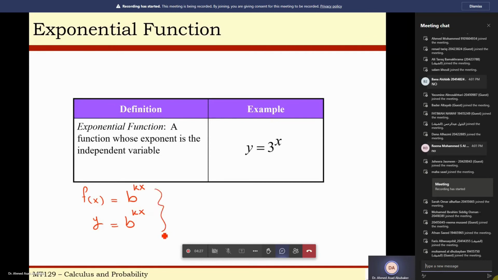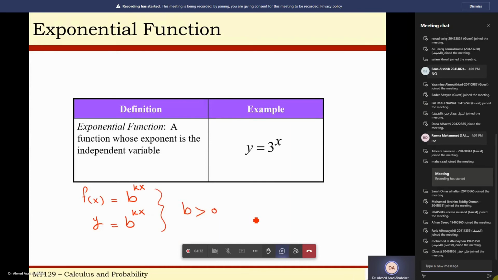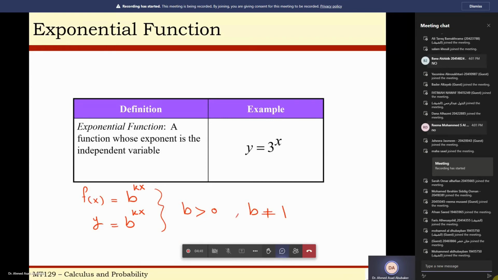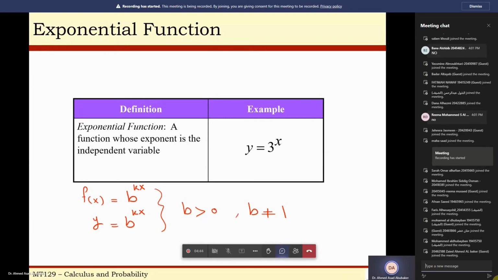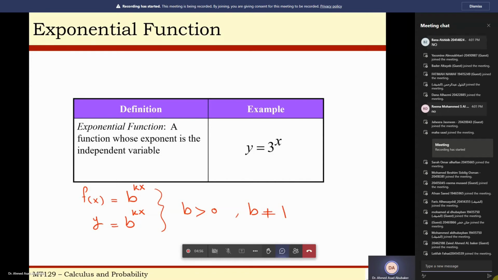Here, b must be greater than 0. Also, b must not equal 1, because 1 to any power kx equals 1. So this is a constant function, not an exponential function. And b must be positive, because if we have a negative base and a fractional power with an even denominator, we have an undefined exponential function. Okay,